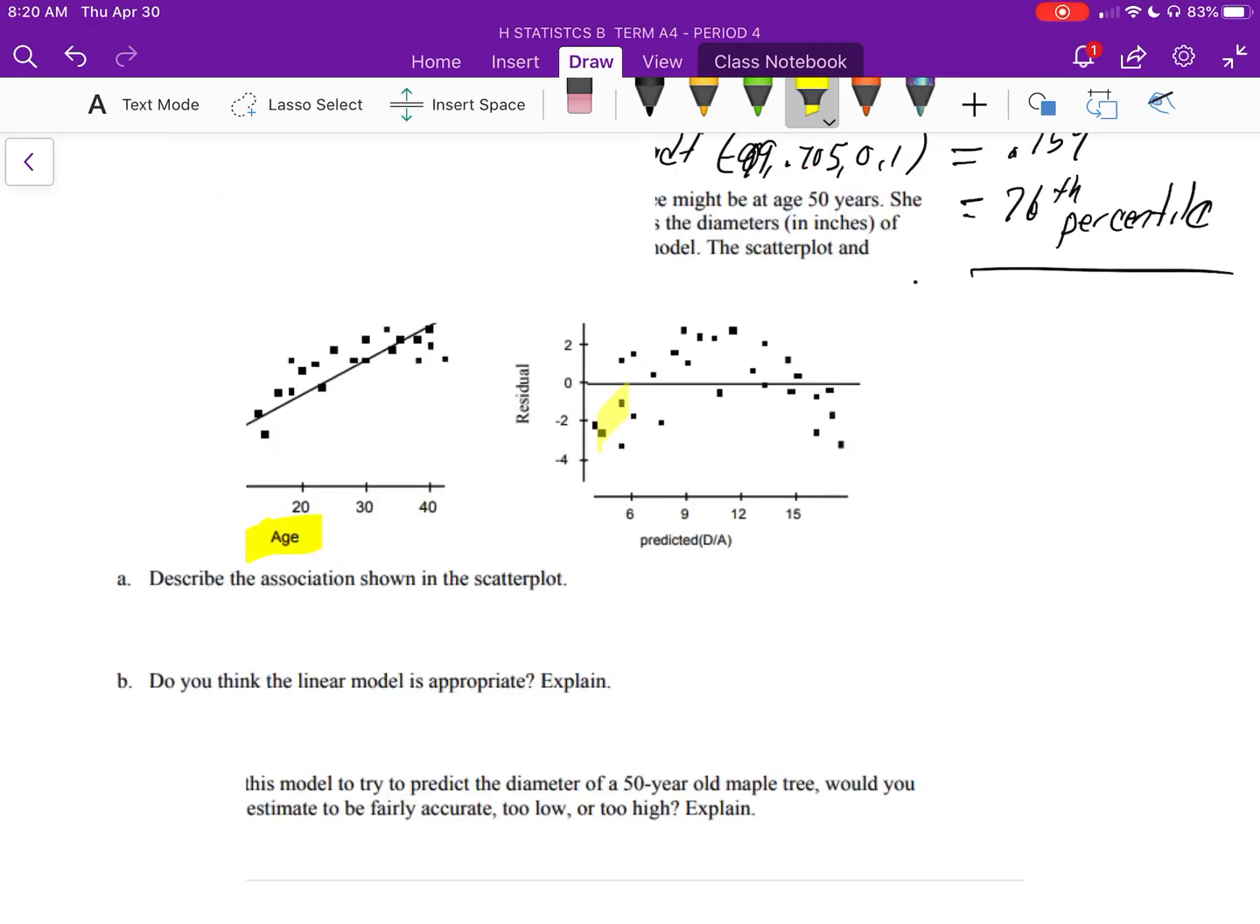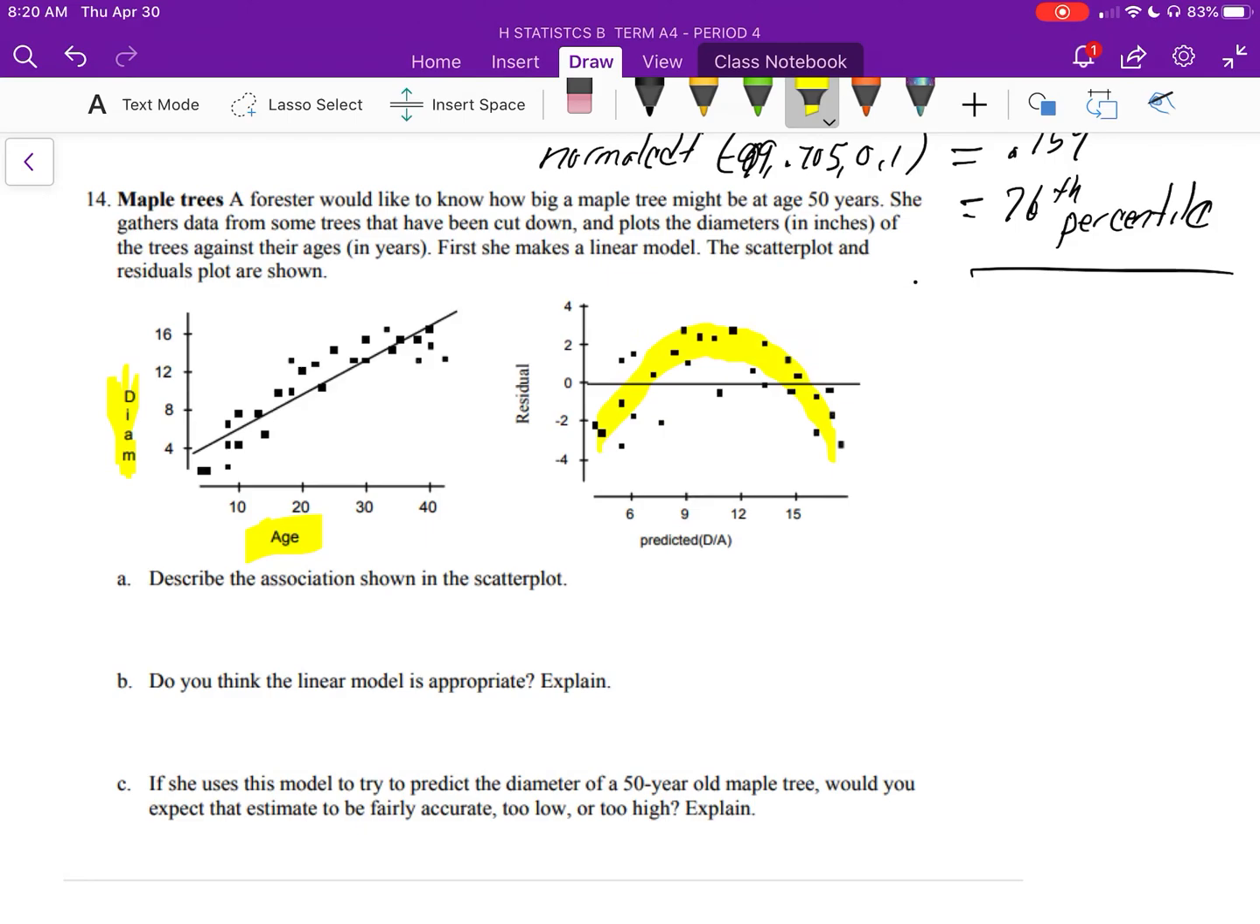You can see the scatter plot has a real curve to it. So let's describe the association. Remember, when we describe association, we want to talk about the direction, strength, and form. So in this case, I would probably say